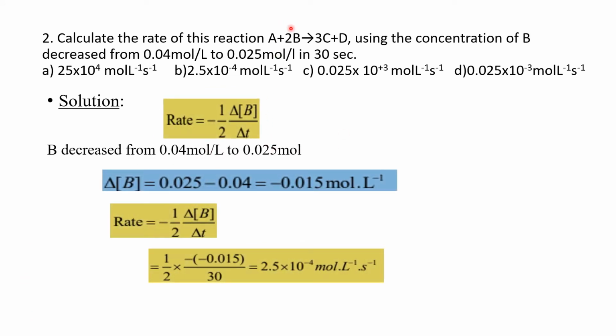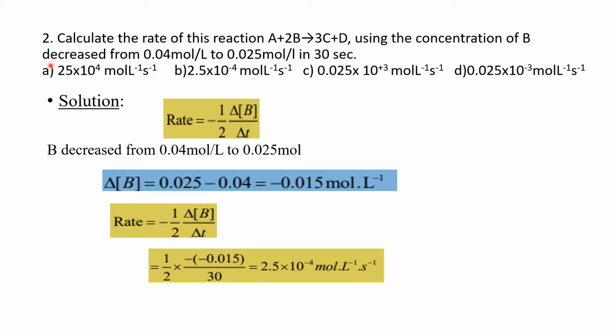See here they are asking only about the concentration of B. So we will concentrate on B. If it is on the reactant side, we need to mention a minus. I already said that in the earlier problem itself. So minus 1 by 2, delta B concentration divided by delta time. Now time is also there. The initial concentration and the concentration after, that is also there. We need to find that out.